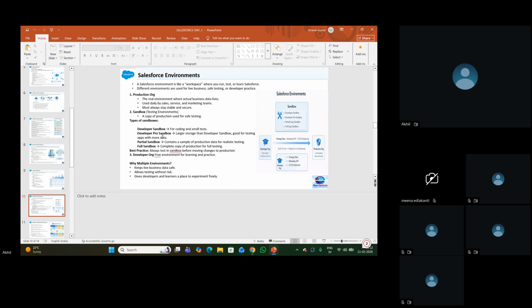Let's suppose we had an insurance application and added some new product to it, which is done by the developer in the developer sandbox. Once the development is done, we can't directly move it to production, right?